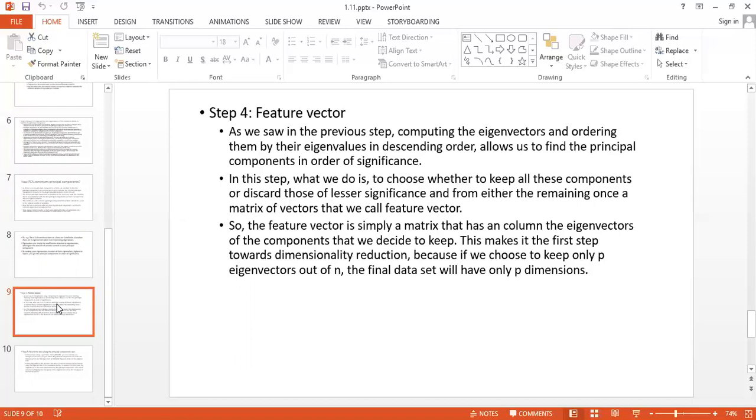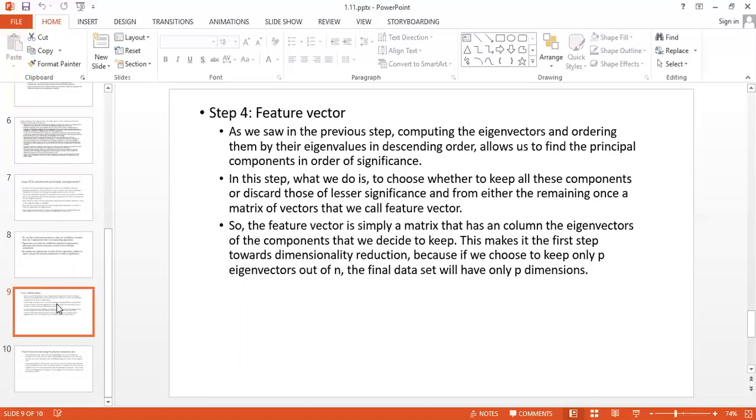We put them in descending order so that we can generate one feature vector and check which principal component comes first and has more variance, and by using that we can choose the best principal component among the list of principal components.